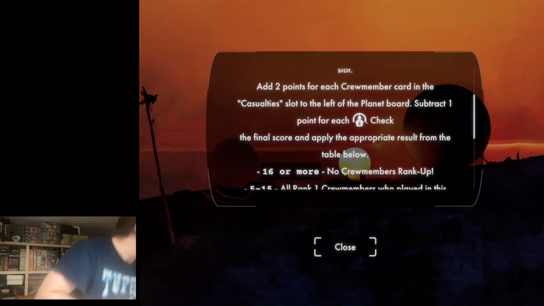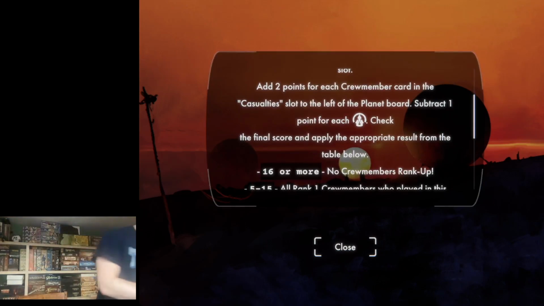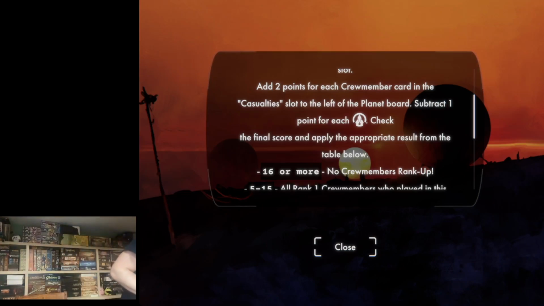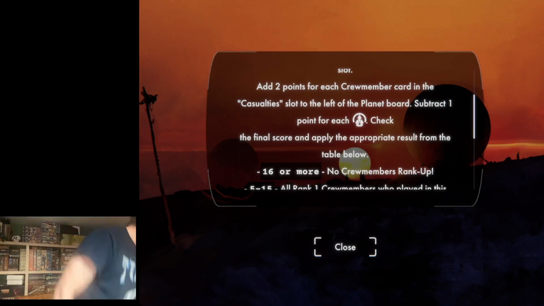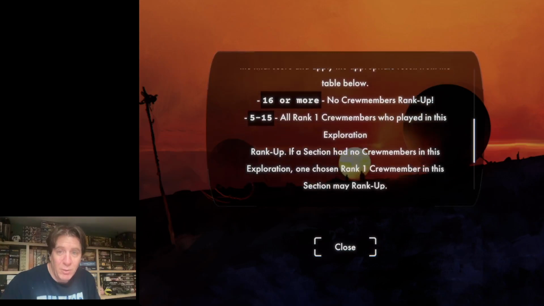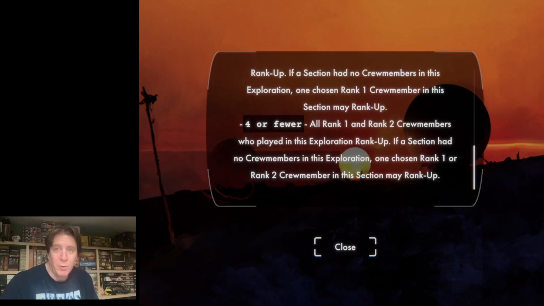Well, unfortunately, we had 4 people go down. Monica and Camille, who sacrificed themselves, and Yut and Vidas, who also died in the line of duty. All right, so that's 4 times 2. That's 8 plus the 2 counters is 10. Subtract 1 for every success. We have 7 successes. That's a 3 for our final score, which means 4 or fewer all rank 1 and